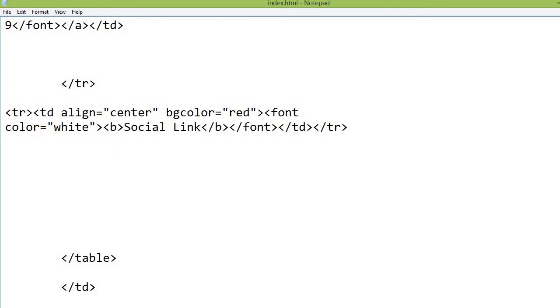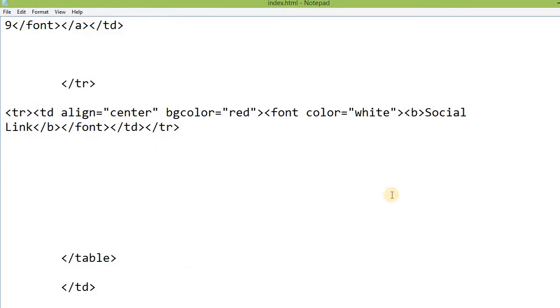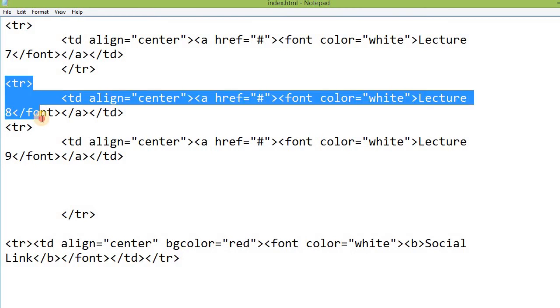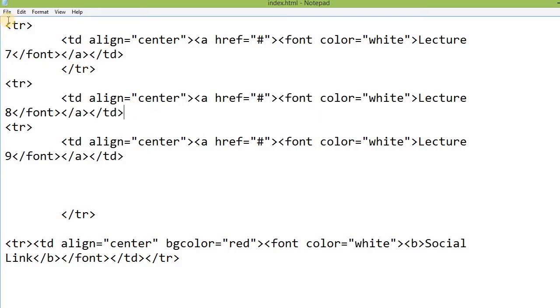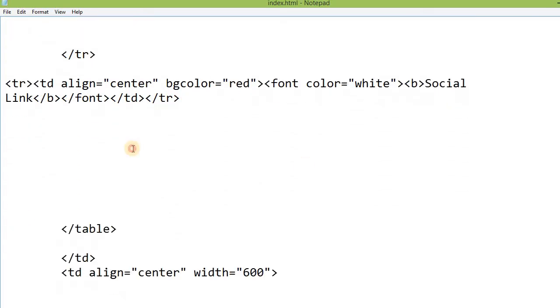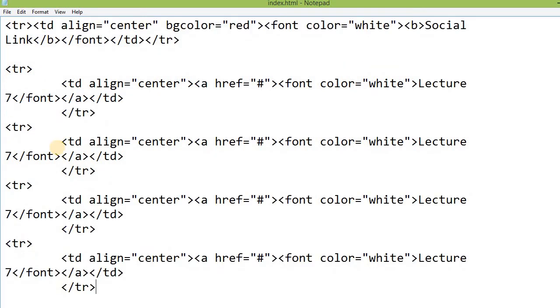And I will save my file, refresh my browser. Here you can see it's a new heading. Now what I will do, under this TR, I will copy some TR from here. Let me copy this thing from here. Let me copy this four times, 1 2 3 4, as I want to show